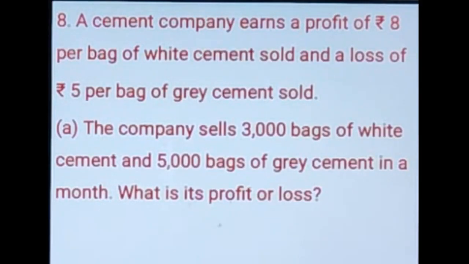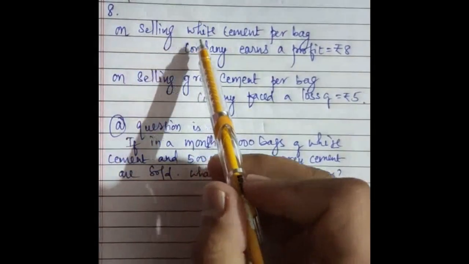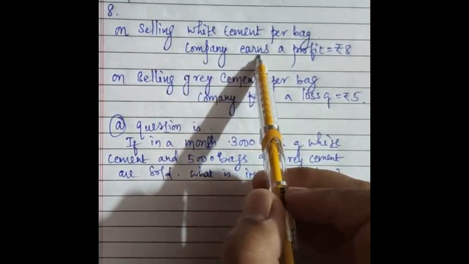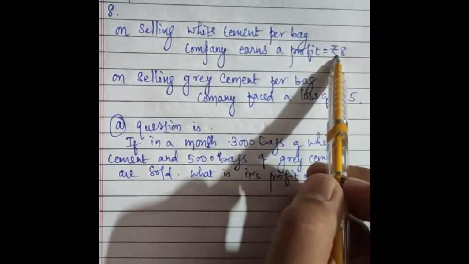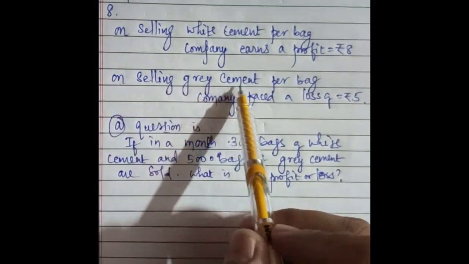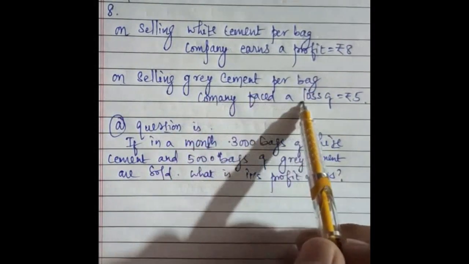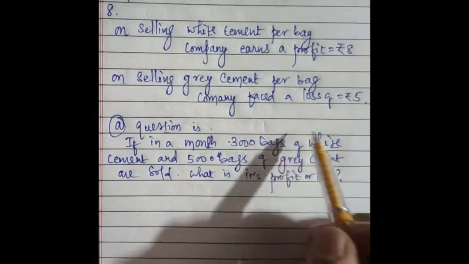It is very, very easy. Everything is given in the question. You just have to take the concept of the integers, what we have done in a previous question also. Taking that concept, we will solve this question. Okay, let us have a look. On selling white cement per bag, company was earning profit of rupees 8, and on selling grey cement per bag, company was facing a loss of rupees